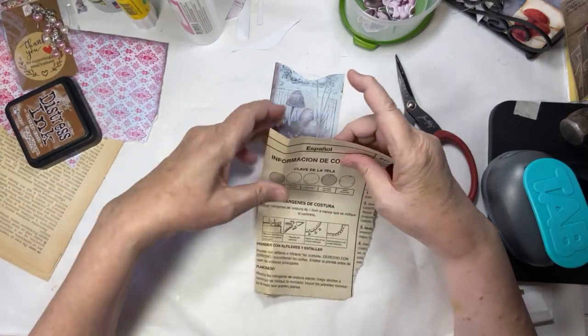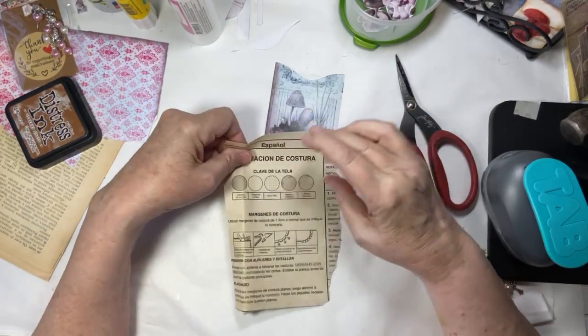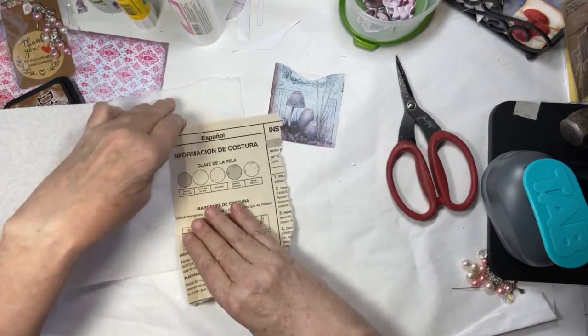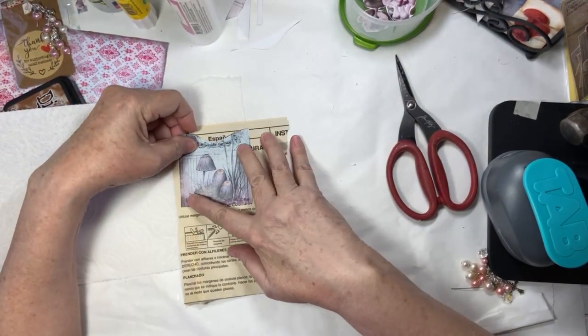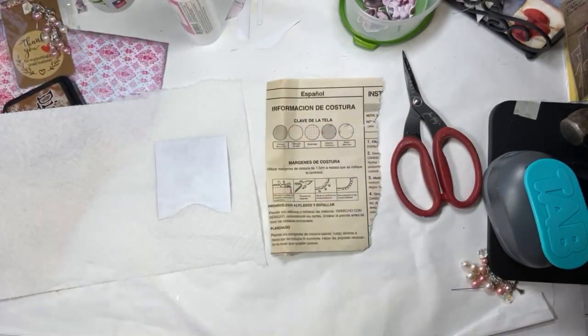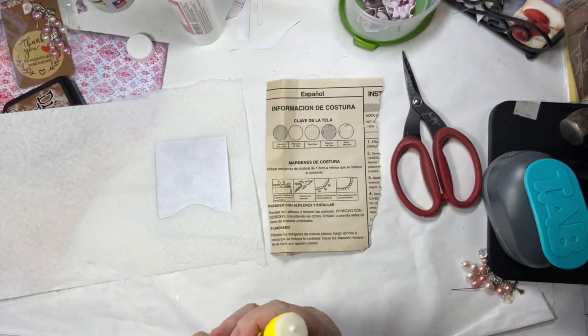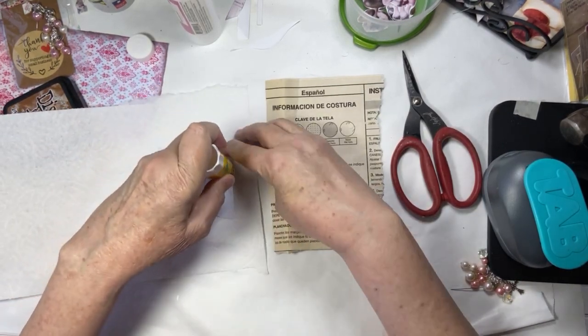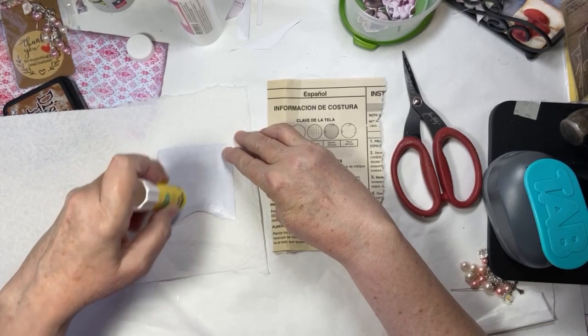Okay, just trying to find a good piece, and I think this is going to work. So you're not going to be able to see through that. So let's go ahead and glue this onto that so you have a surface to write on. And then we will see if